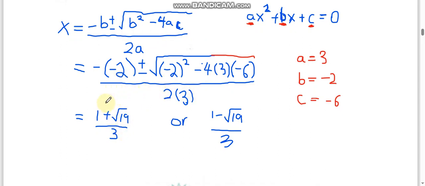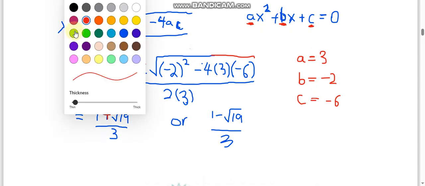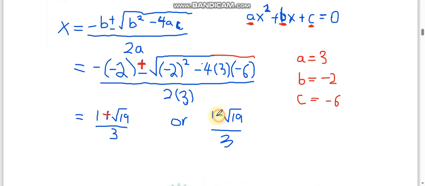So the first answer that you're going to get is this one of 1 plus root of 19 divided by 3. So this solution, guys, is the positive one, because we can see the equation says that we are going to have two solutions whenever you use quadratic. So the first solution is going to be the one of plus, and then the other solution is going to be the one of minus. So the one of minus, it is this one. This is the solution of minus, and this one is the one of plus. So we are going to take this, put it inside of our calculator, and then we get